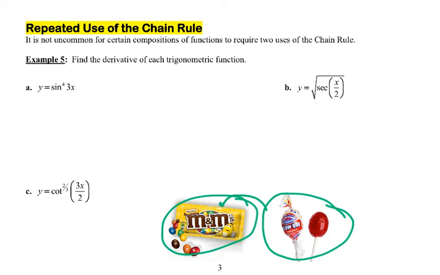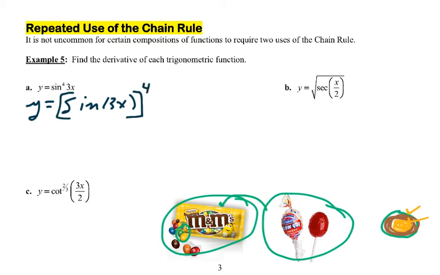So when we have function inside a function, we have to deal with the candy coating first. So here's my green M&M. Once I deal with that, I attack the chocolate. Once I deal with that, I attack the peanut center. So we do derivative of the candy, derivative of the chocolate, and derivative of the peanut. So now, first thing you need to do is sort of identify all those layers or all those links in the chain. So my outer function is actually